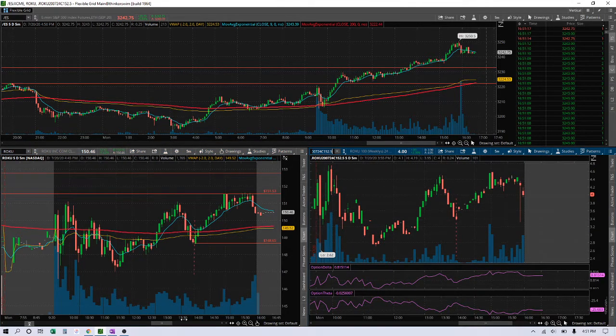The first thing I want to point out is that the highest price of this option contract today, which is July 20th, was this morning. It got up to around 4.75, so $475. That was at 9:50 this morning, which was right here. As you can see, the highest Roku got to at that time was 151.01. And that was not the high of the day. At the end of the day, we reached 151.53 and all the way up to